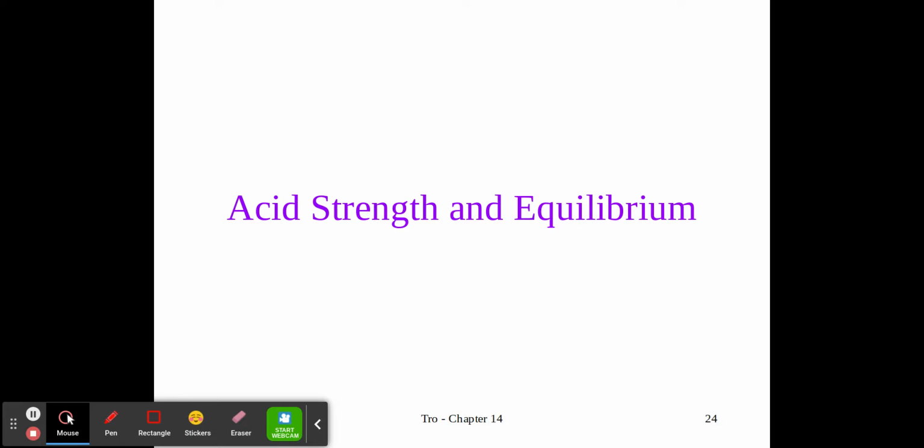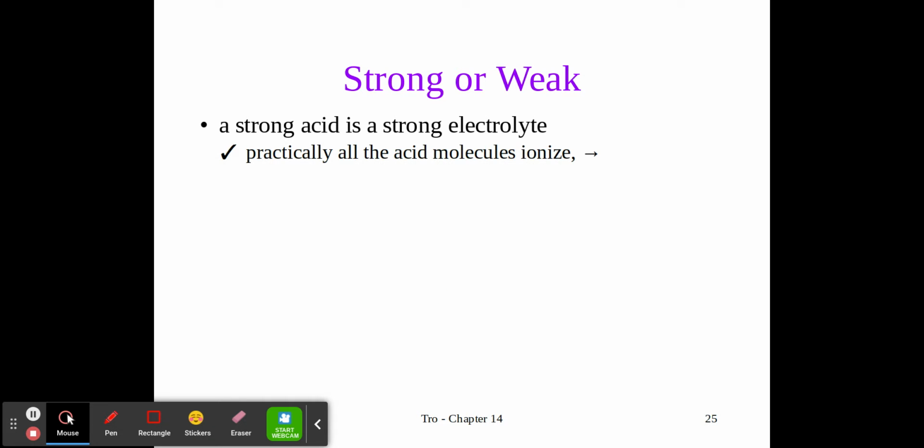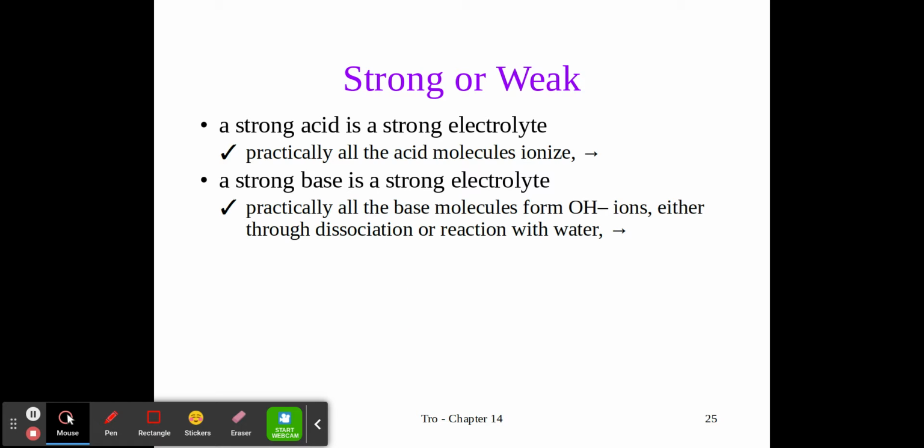Hello, folks. We're going to talk about acid strength and equilibrium today. We'll start with strong and weak acids and bases. So, a strong acid is a strong electrolyte, meaning it conducts electricity. Practically all acids are going to ionize, which means separate to a degree. Same thing with strong bases. They will conduct electricity very strongly. And again, all the base molecules will break apart and form OH minus ions, either through dissociation or the